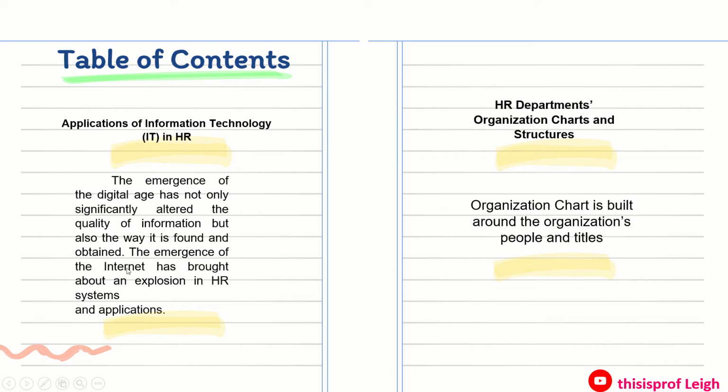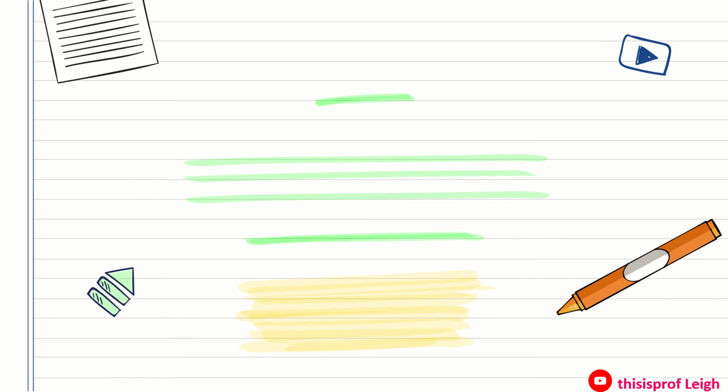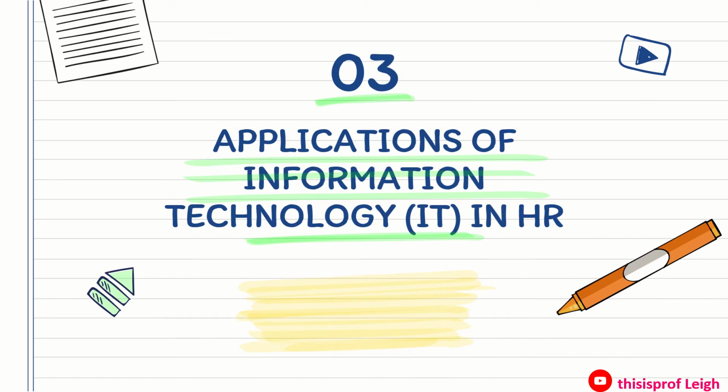The emergence of the internet has brought about an explosion in HR systems and applications. While in the HR department's organization charts and structures, we will know that an organization chart is built around the organization's people and titles. Let's begin with lesson 3,